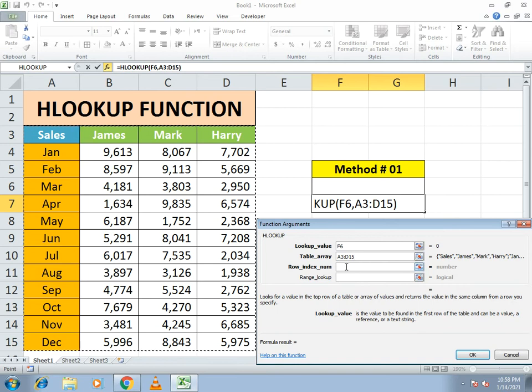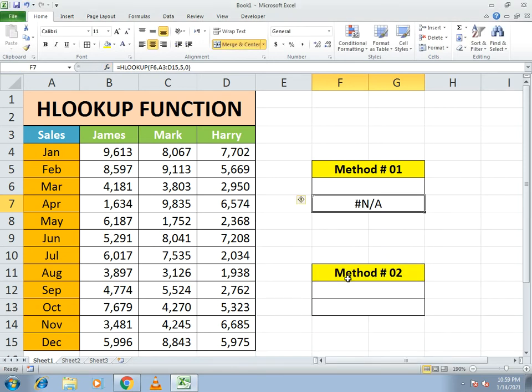So now it says from which row I will take the data. We need the data of May, so the row number is 1 2 3 4, fifth. The row number is fifth, so you just need to take the data from row 5, and now we just need to write 0. Here you can see nothing is available. So if I write here James,